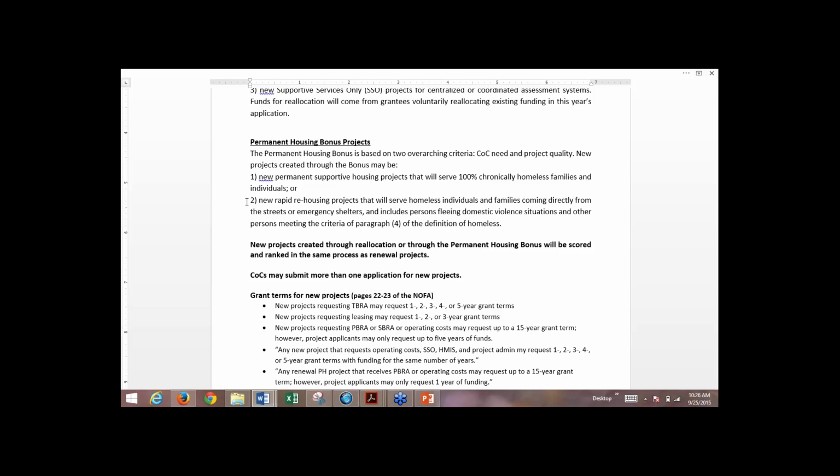So that was something we have not been talking to you about over the past few months because we didn't know that was going to be a possibility, but it's an exciting possibility because this is the first time in recent years that HUD has made any significant amount of funding available for new projects. And so we just want to be clear that it can be a new permanent supportive housing project for chronically